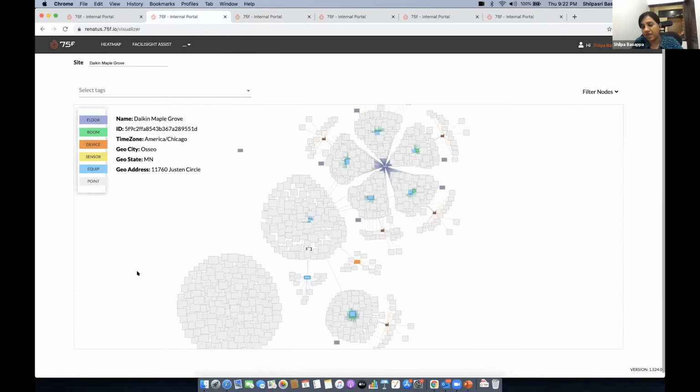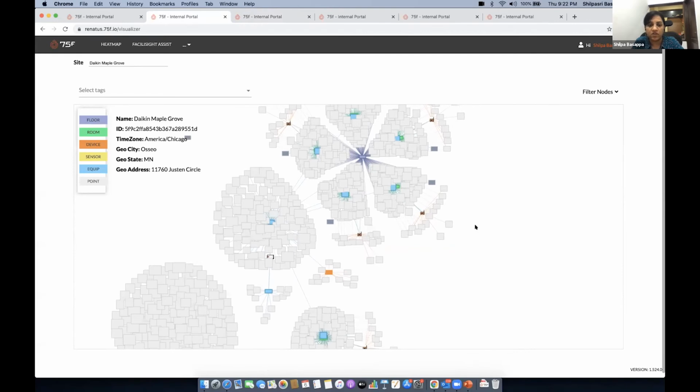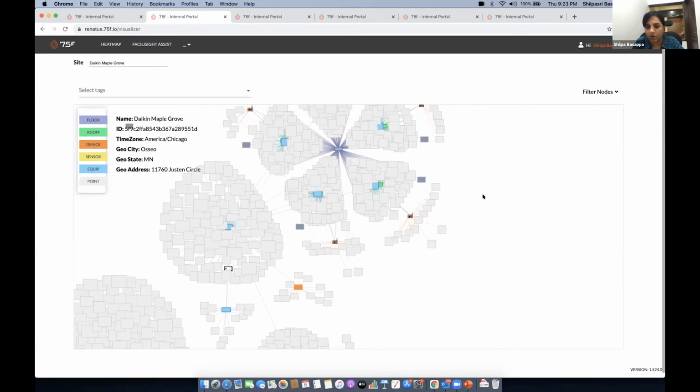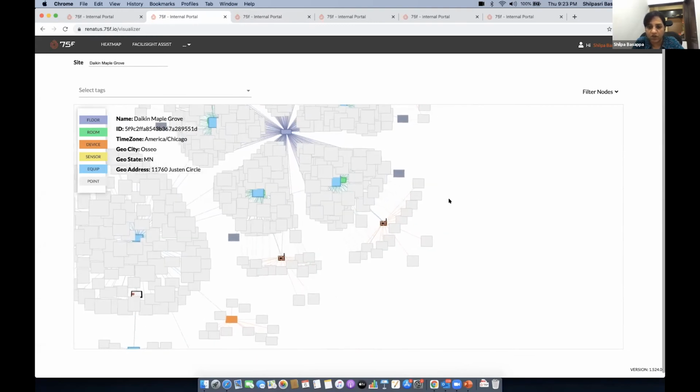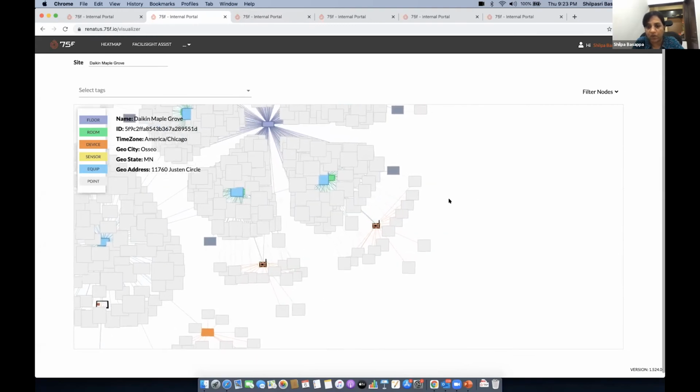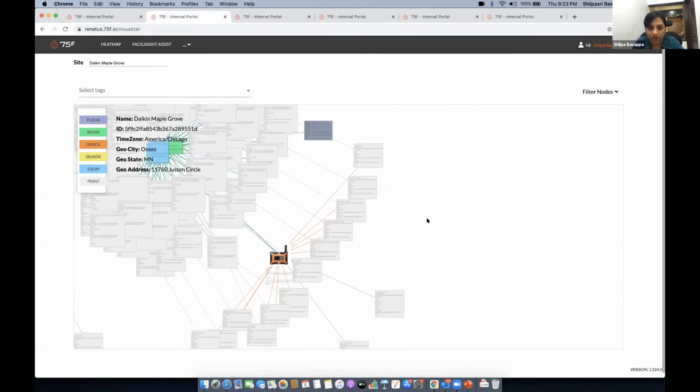So we've been speaking about data interoperability and digital twins. This is one of our network charts. I hope all of you are able to see this. This is the amount of data that we have for one building. In a building, we have all the sites, all the zones, all the systems that are deployed along with all the points. I'm going to zoom in so that all of you are able to see one of our edge devices and all its points.